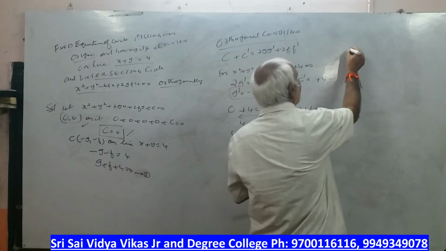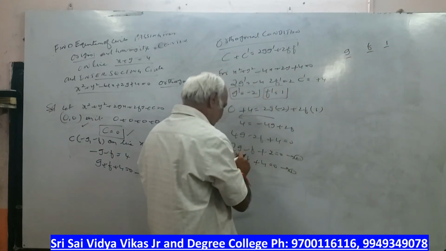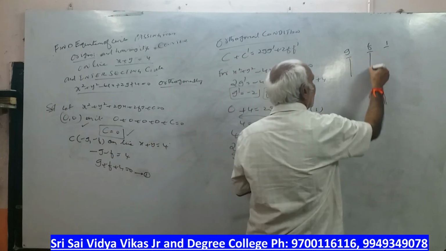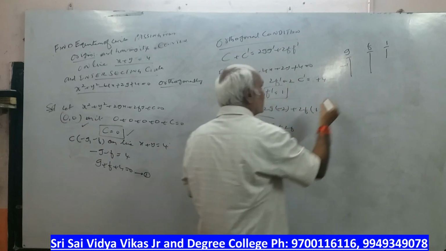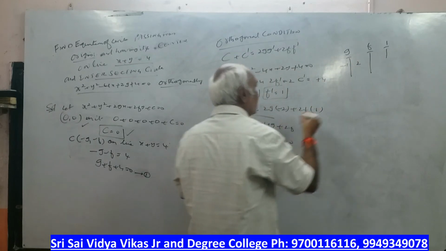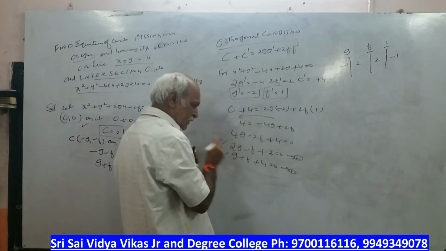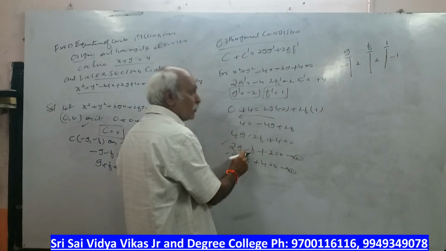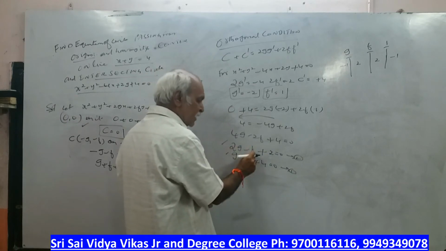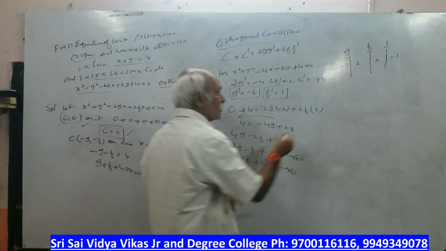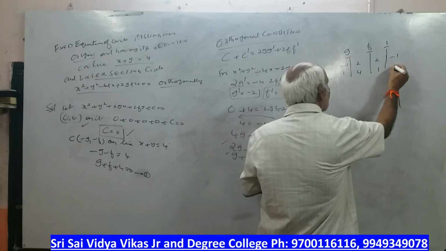Again, what is the condition? For g, f, 1, what are the points? Minus 1. Put a line. The f coefficient is minus 1 and the constant is 2, and the g coefficient is 2. Again minus 1. So we have solved. You don't need to solve the answer. In 2g minus f plus 2, the f coefficient is minus 1, the constant is 2, the g coefficient is 2. Again, for this, what is the f coefficient? 1. What is the constant? 4. And again 1 and 1.